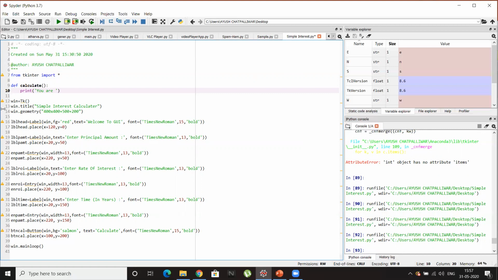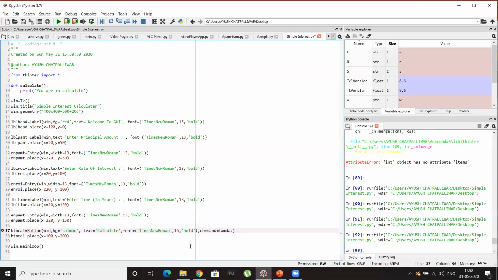Here I'll give a small print statement, and inside that print I'll write "you are in calculate". Now I want this function to be called on the click of this button. You can see this is the object of our button. So for that, we'll have to add an attribute of command equals lambda colon and the function name.